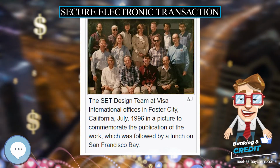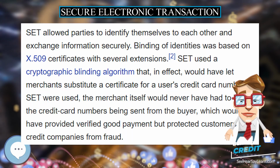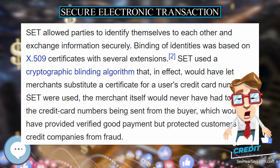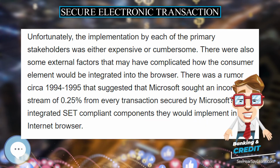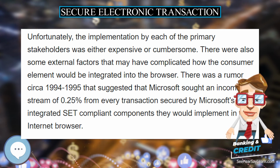The protocol arranges for the merchant to see the MD of the PI without seeing the PI itself, and the bank sees the MD of the OI but not the OI itself. The dual signature can be verified using the MD of the OI or PI, without requiring either the OI or PI. Privacy is preserved as the MD can't be reversed, which would reveal the contents of the OI or PI. Note: